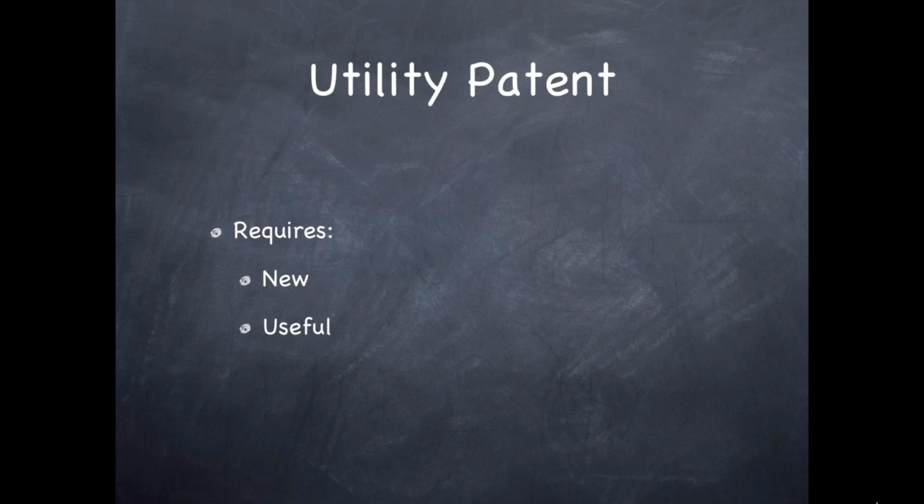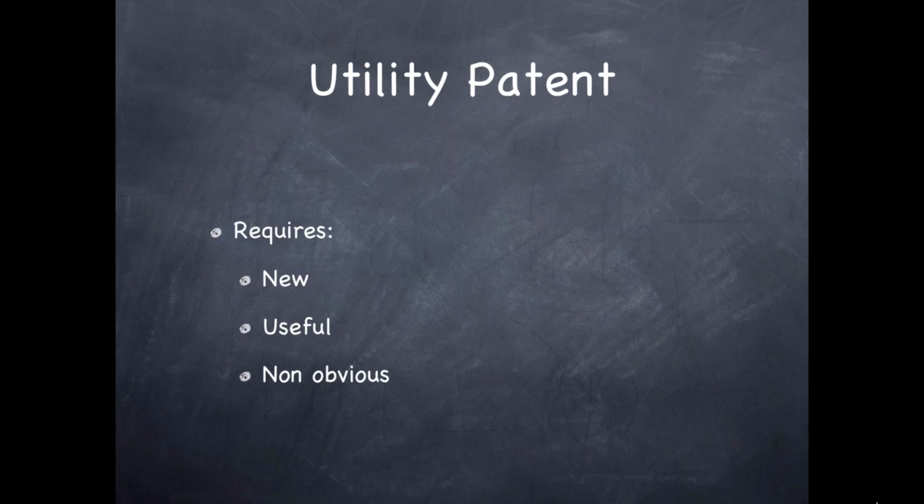Secondly, we look at the usefulness. It's utility, so it has to be useful. We want to see what the useful purpose of the patent itself will be. So when it comes to utility patents, we need to see that useful aspect. What problem is it solving is part of the application process. Know that the use doesn't have to be the end marketed purpose of the product. You can actually register based on one utility aspect, and market and take it into sales with a completely different useful aspect. It's something you don't see a ton, but you do see every now and then. So just a quick heads up.